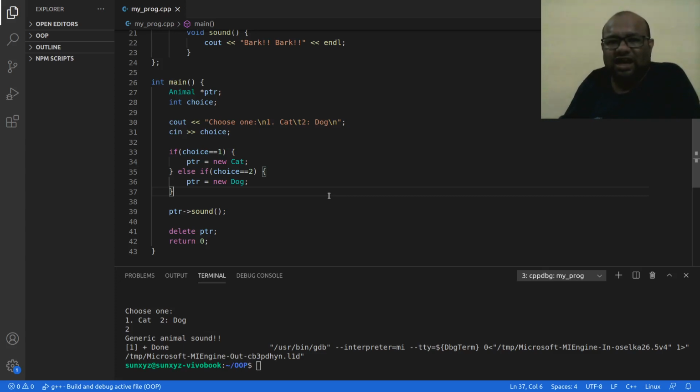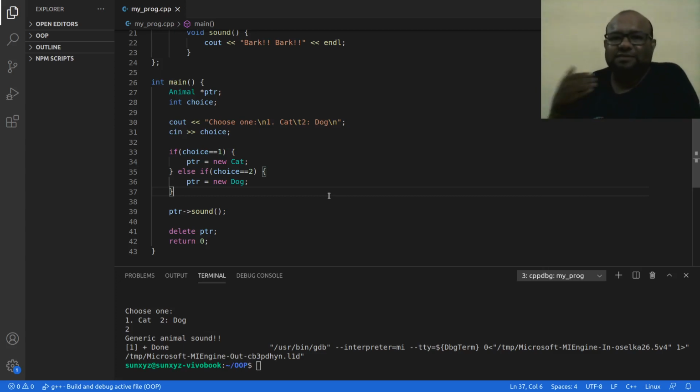Whether it points to a dog object or a cat object depends on the choice of the user. So during compile time, I do not know which function is going to be called. This decision of which function to call is made late in my execution. So this is called late binding.